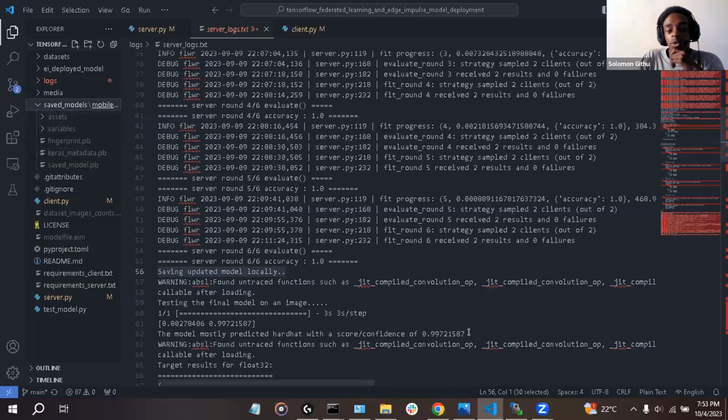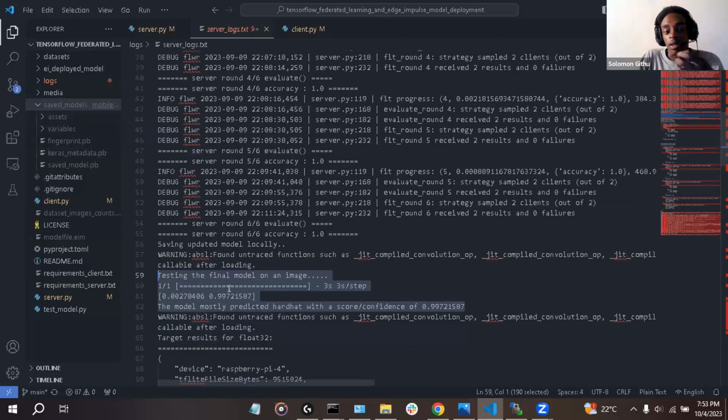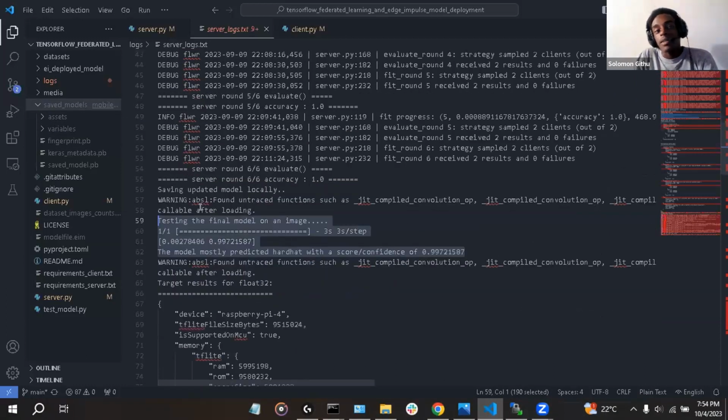And the server will also test the final model. In this case, for the testing, we can see that the server tested the final model on a heart image, and the model actually predicted fine. It looked at one image and it correctly predicted that that was a heart image. And here we can see that the performance of the model is actually fine. Afterwards,